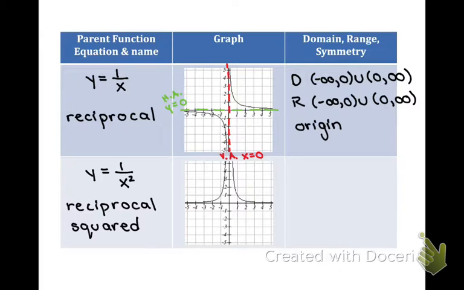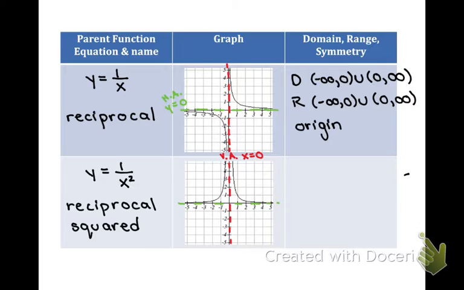So that part of our graph in the reciprocal function that was down in that third quadrant, when I square it, it is flipping up over that x-axis. Everything's positive here now. We still have those asymptotes, though. We still have that vertical asymptote at x equals 0, and we still have that horizontal asymptote at y equals